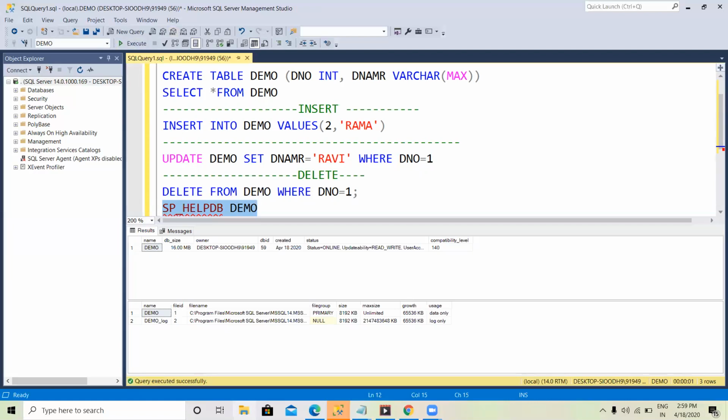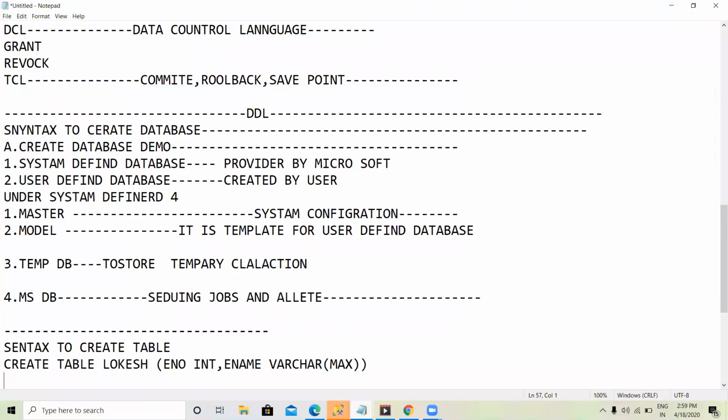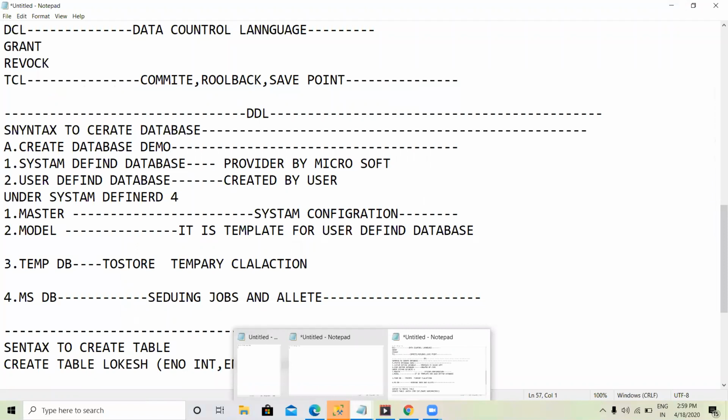Okay, drop is another command. When you want to drop a table, you have to go for drop table, table name. The syntax looks like drop table name. I already said what is meant by a table: a table consists of columns and rows.